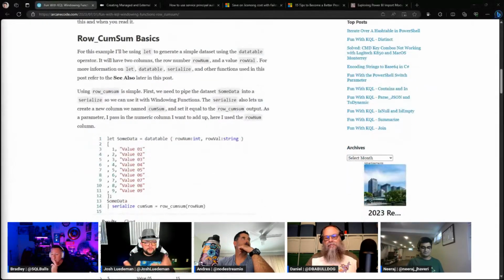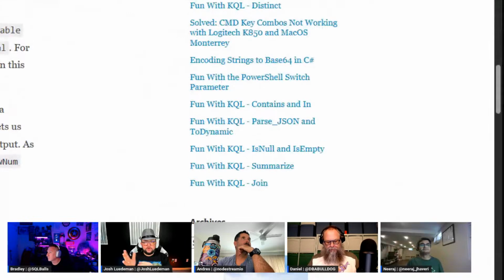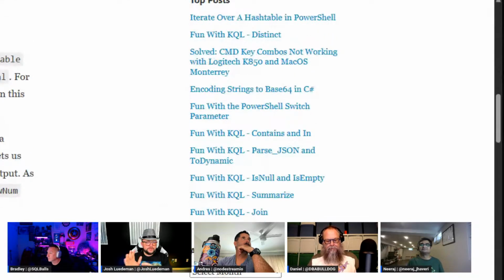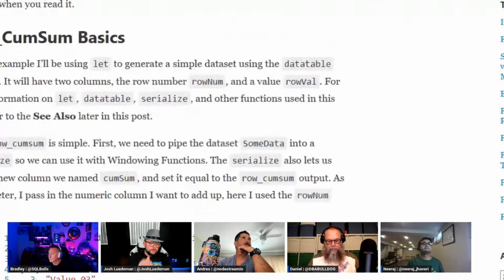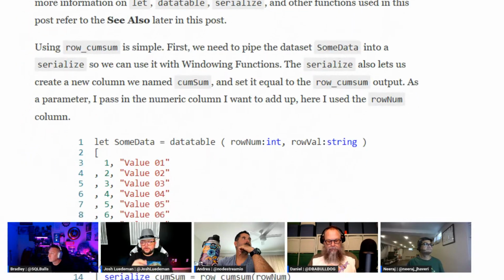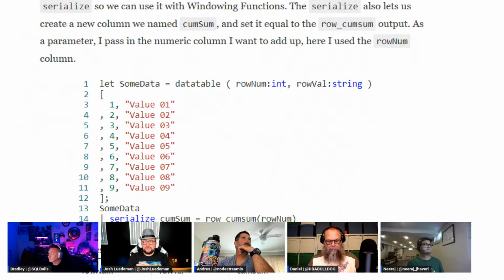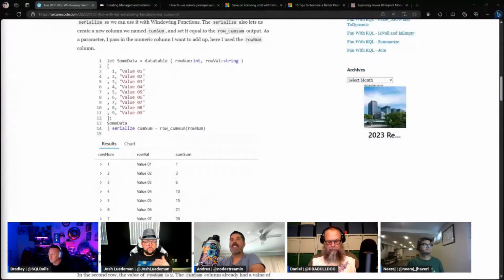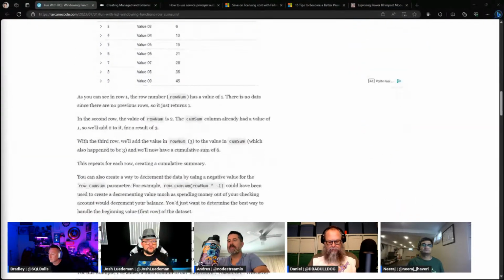This is another great article in that package, but I really just wanted to highlight, as you can see there in his top posts, there's a good chunk of them that are all about KQL. And if you have any questions about PowerShell, Robert has a great informative blog here. And as you'll see with this one, he goes step by step right through, has other blog posts that he refers to with good process, good background, really just a great thing, and walks you through writing the queries, how